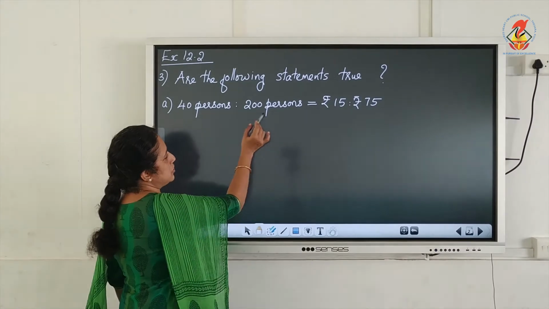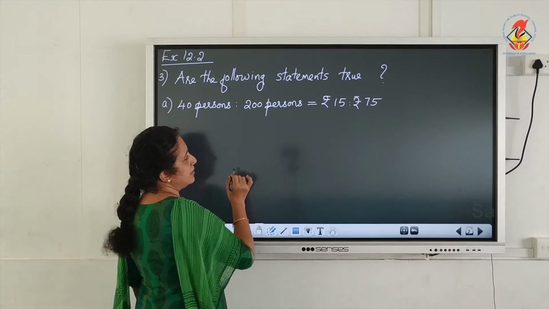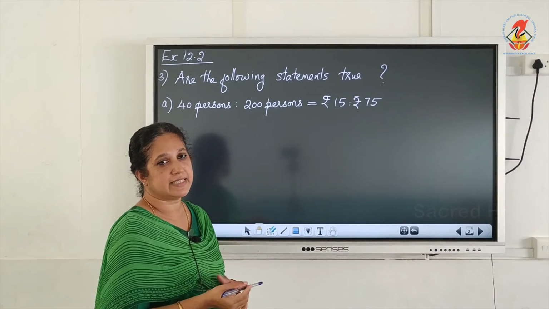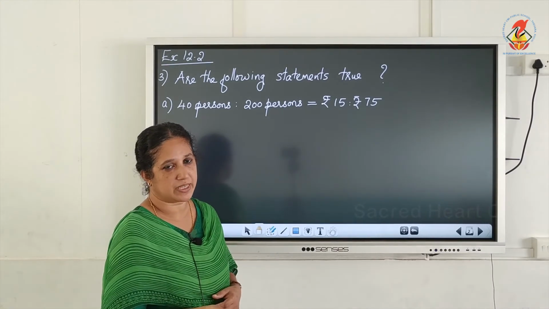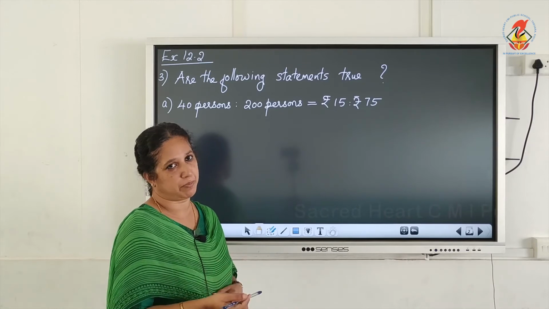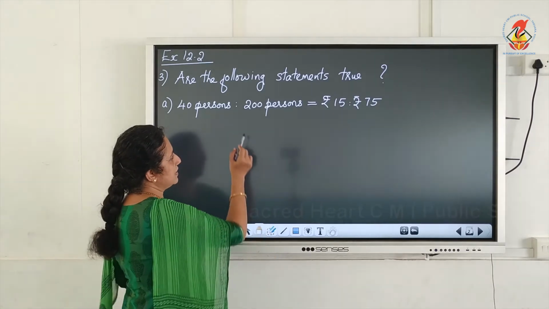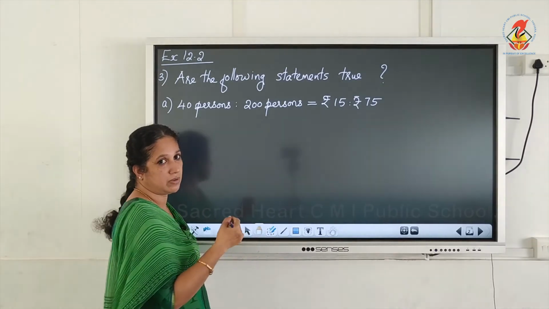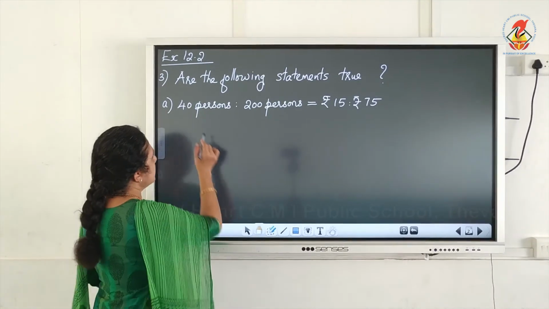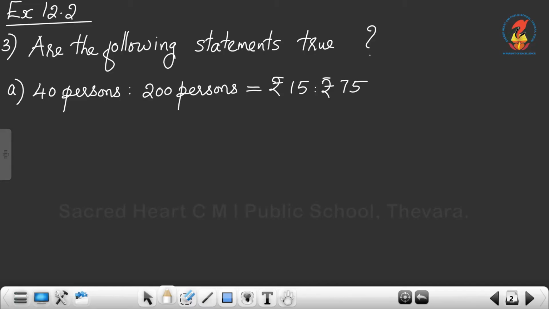That means two ratios are given. If they are equal, we can say that the two ratios are in proportion. Otherwise, they are not in proportion. Here we want to check whether the given statement is true or not. Now consider the first ratio. The first ratio is